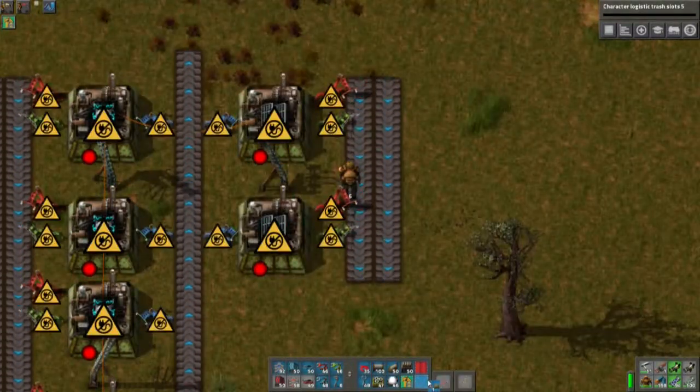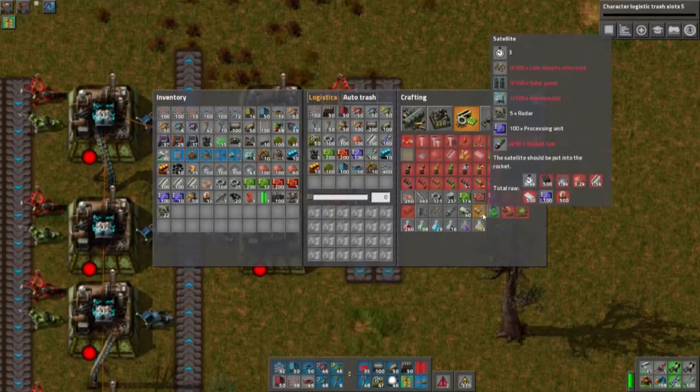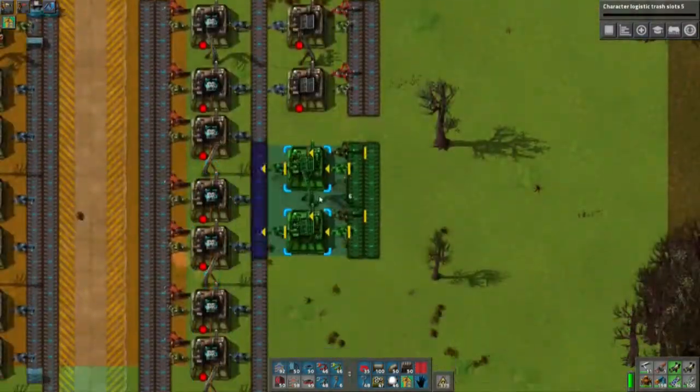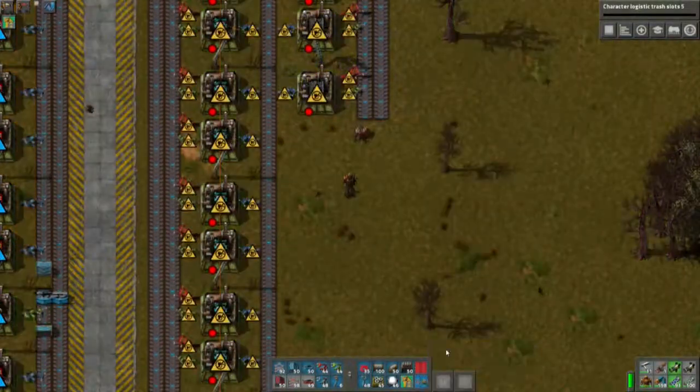and see how much we will need. So we need 100 of these. Let me just check. Yes, we do. And we are producing these once every 10 seconds, which is the same time the accumulators are produced. So this chain needs to be just as long. And let's let the robots do this because then...